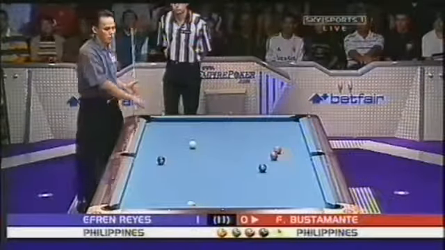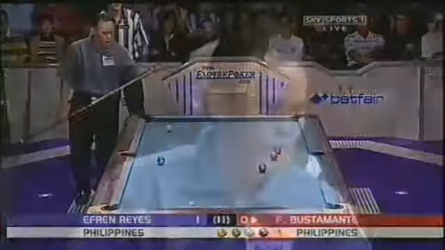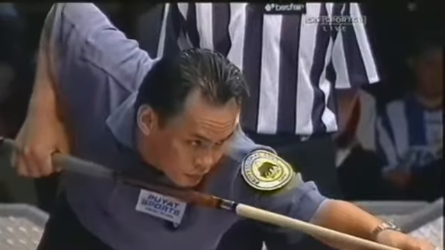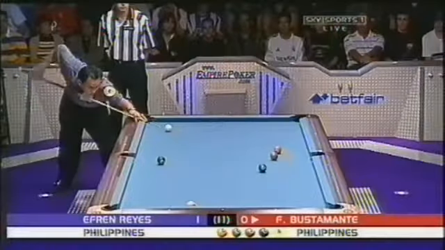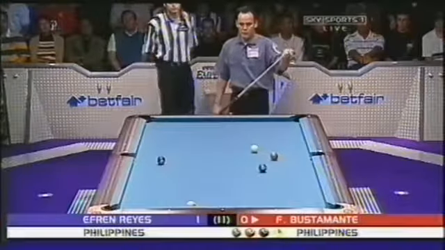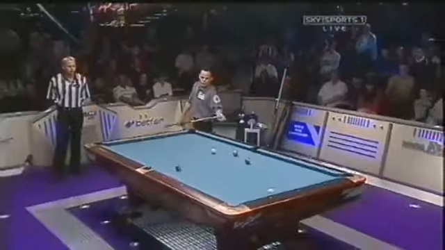Oh, what a sweet shot that was. Had to draw to the side cushion and swing it back between the colors with a lot of left-hand English. He certainly made that shot look easy, and that shot is easier than it would be on a club table, but even so,